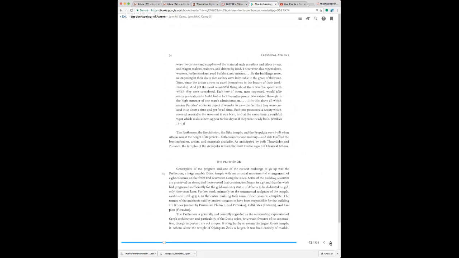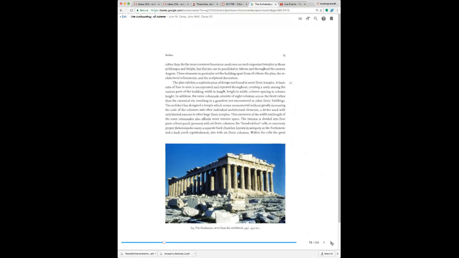Christianity is a new innovation that way. The Parthenon is not a building that's so much associated with religious practices. It's the temple to Athena, the goddess of the city. So there's really no separation, you could say, between church and state in ancient Greece. It's an unusual building with 8 columns across and 17 on the sides. These are called Doric columns, which are bigger, more massive, less ornamented columns.